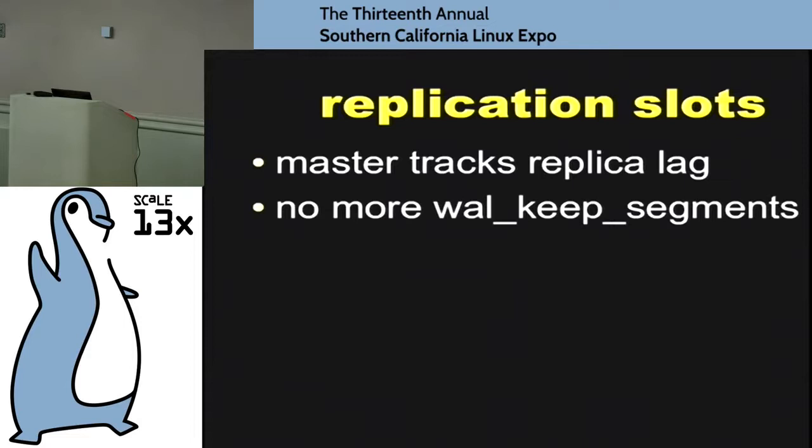And the problem, our previous way of configuring this is you actually allocated a fixed size buffer or created a storage archive. But if you're just relying on the master to do this, you allocate a fixed size buffer called wal_keep_segments. The problem with that is that means that you're keeping that size buffer around whether or not anyone needs it. And if you go even 16 megabytes over that buffer, it's no good. You're out of sync and the replica can't catch up. So the idea with the replication slots is that you assign a slot to each replica, and the master keeps track of what data that replica has seen or not seen, and keeps as much data as the replicas need.